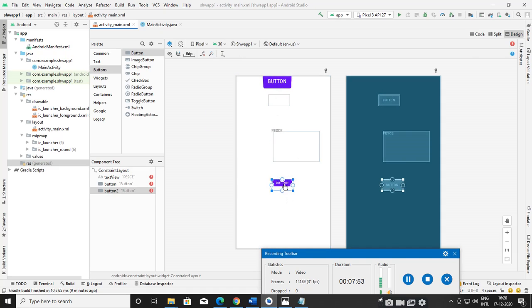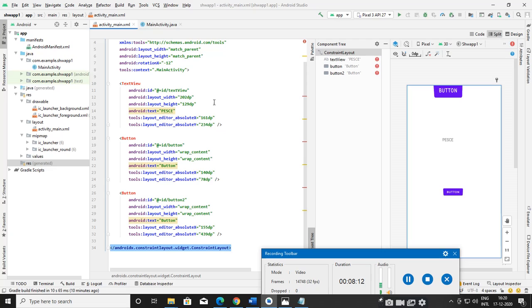Okay. So now I want to change this button name. One button is used to change the font size, another button is used to change the font color. For that, you just click on split. See here, button 1, this is the button whose ID is button. The name of this button is button only.